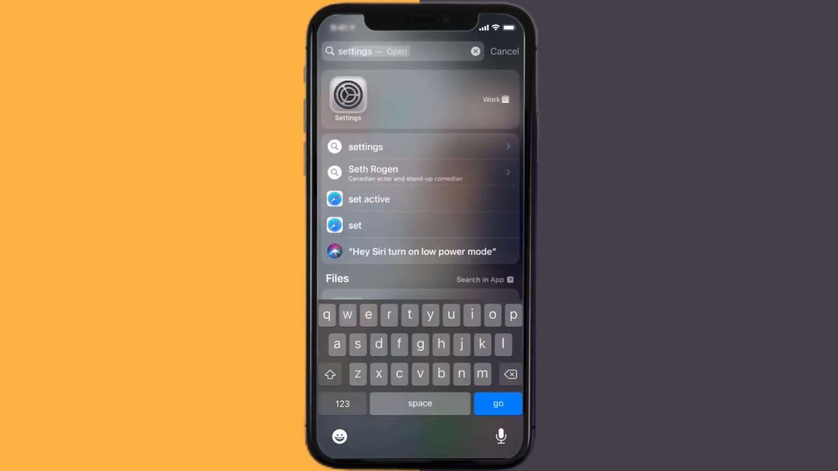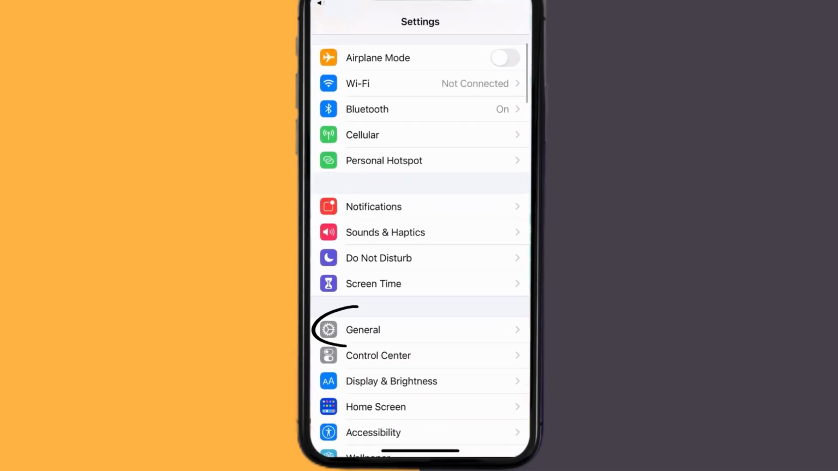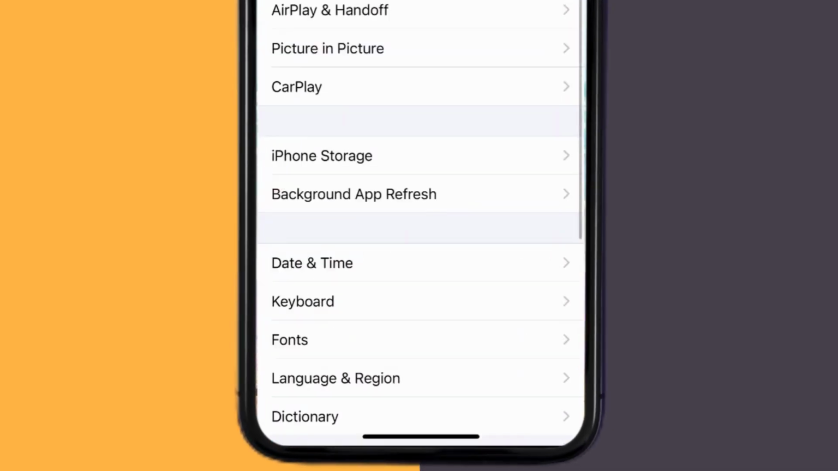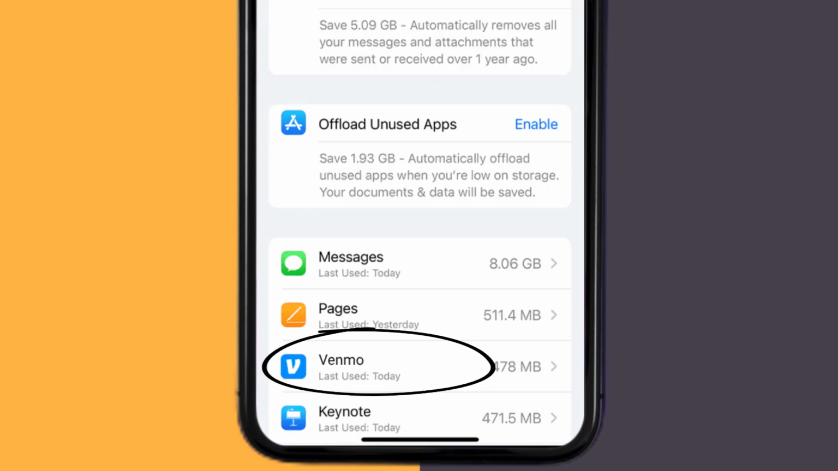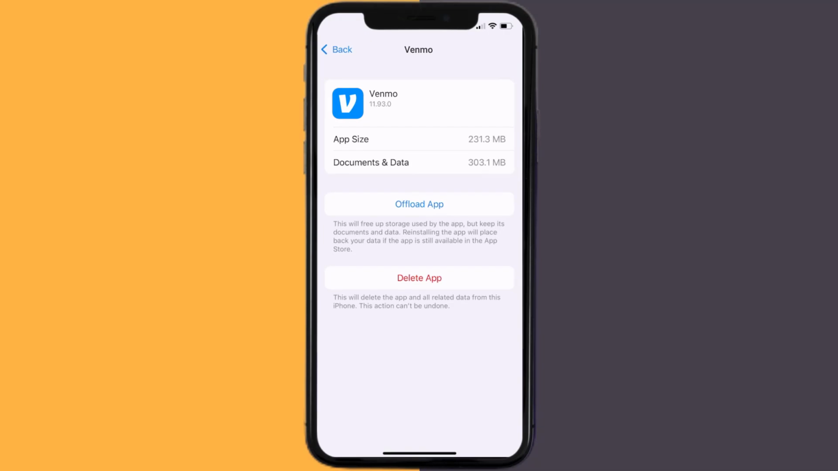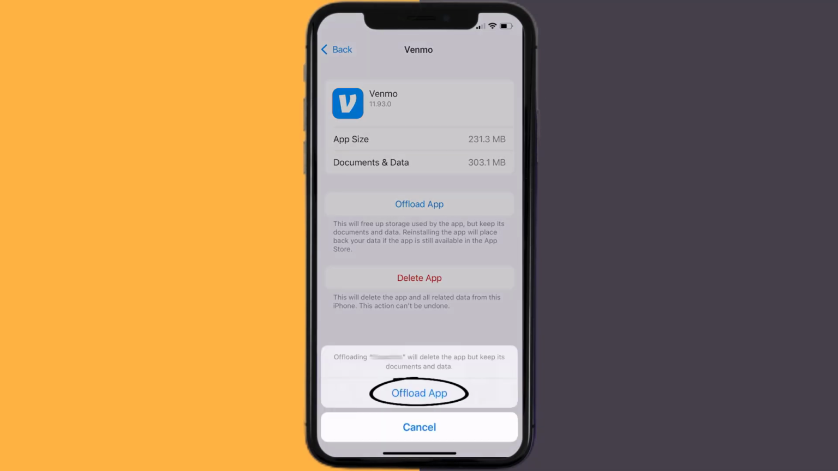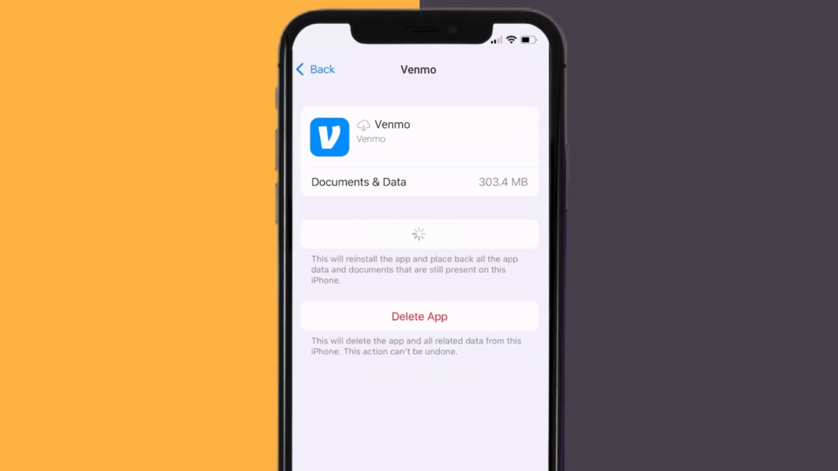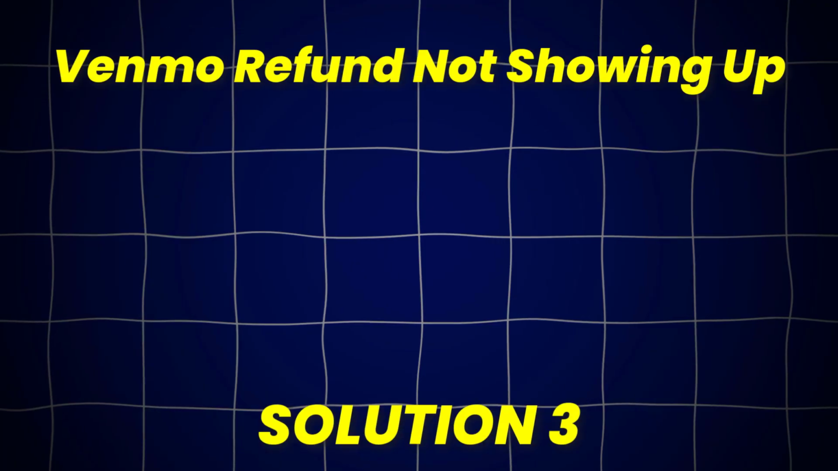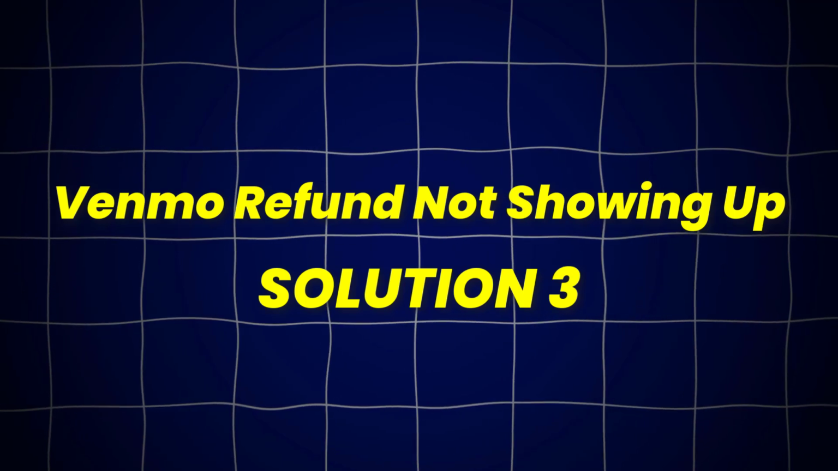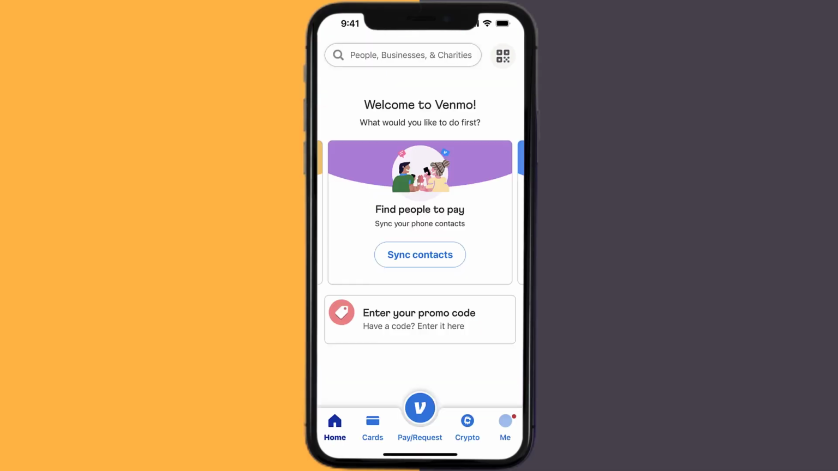Go to your device settings and then scroll all the way down to General and tap on it. Then tap on iPhone Storage. From here, search for the Venmo app and then tap on it. Once you're on this screen, you need to tap on Offload App. Tap again to confirm. It'll take a bit for processing, and then a reinstall button will show up. Simply tap on it to reinstall the app. This should fix Venmo Refund not showing up, but if it doesn't, then open up the Venmo app on your